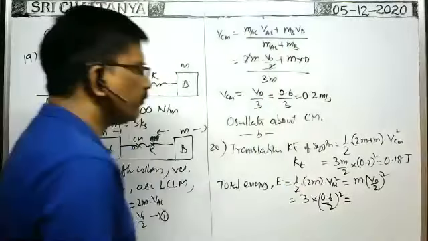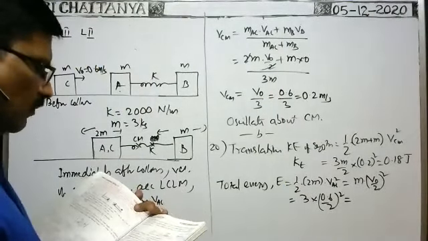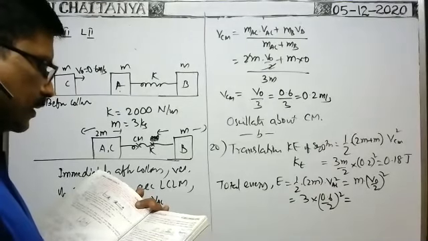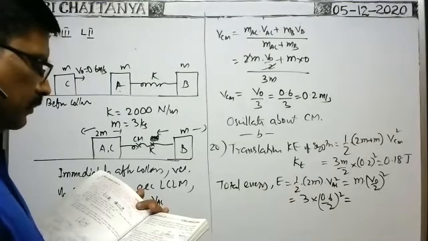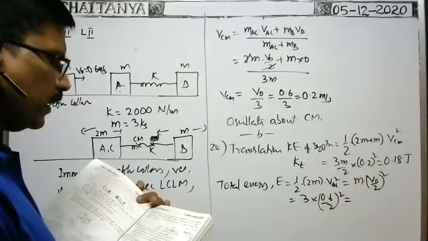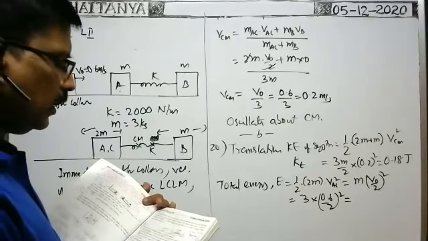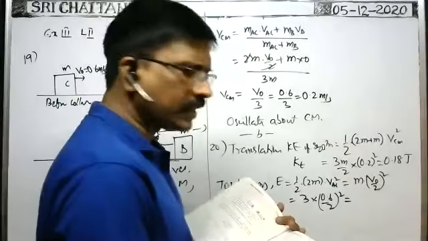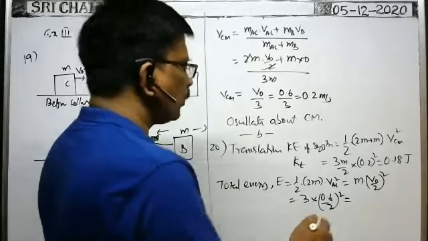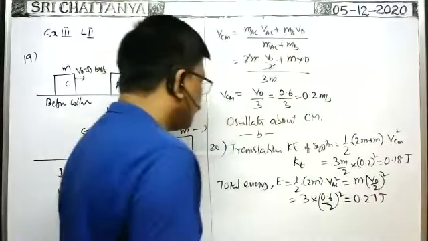That is equal to, when you simplify them, I think ఎంత వస్తుందండి ఆన్సర్? After simplification, you will get total kinetic energy 0.27. You will get 0.27. I think you will get 0.27. You will get. Okay, is it correct or not? You tell me. 0.27. I think 0.27 joule you will get.